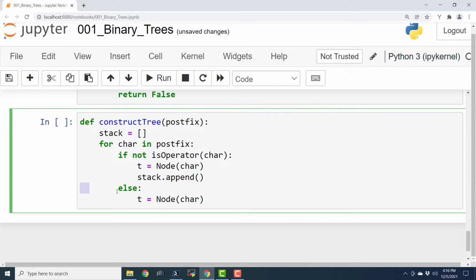This is the case when it is an operator. So what to do when it is an operator?